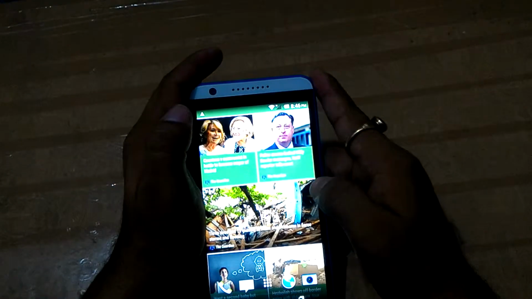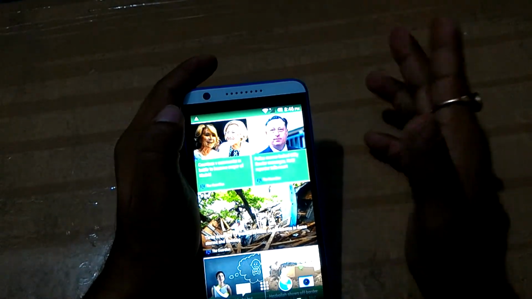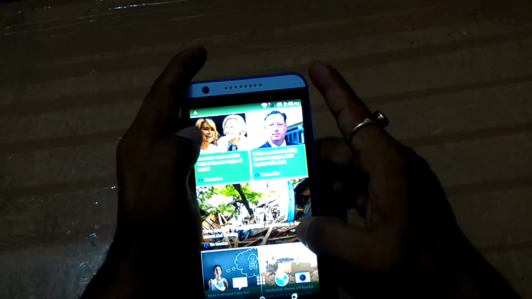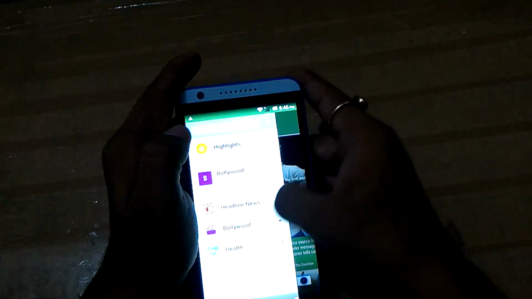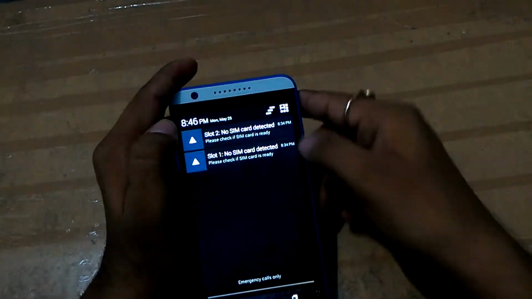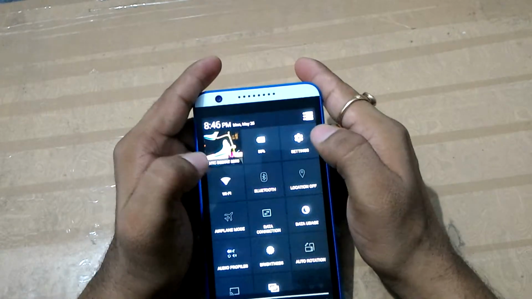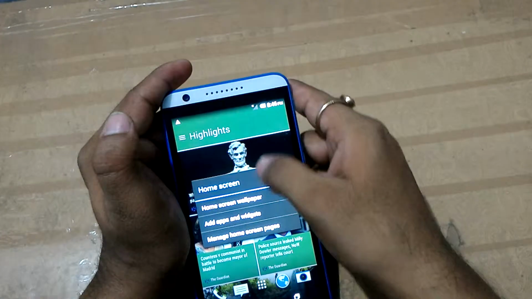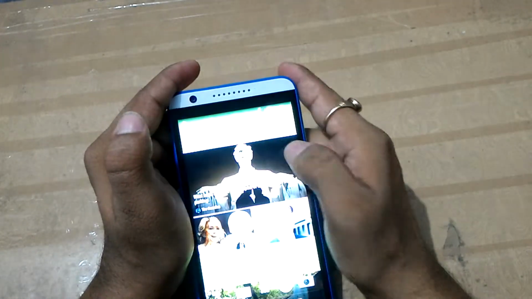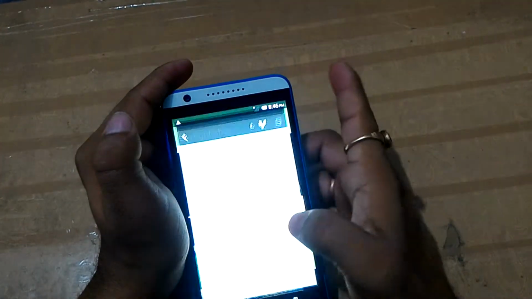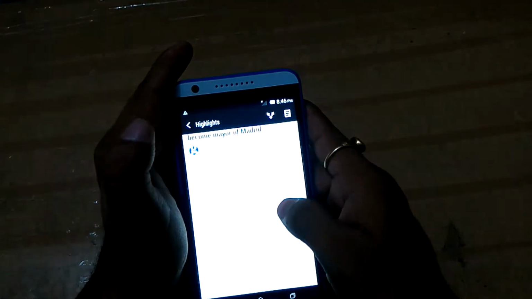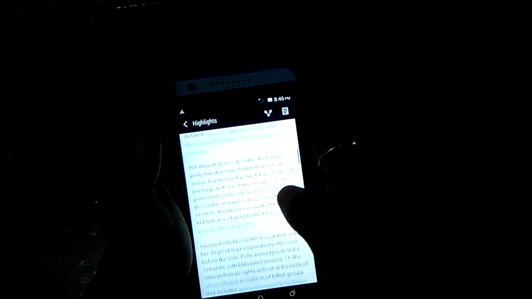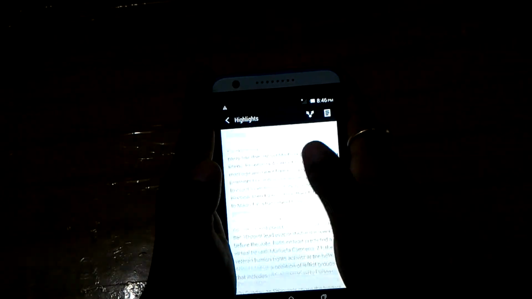You have no need to search any other news website through your internet, because each and everything is available in this feed. We have also one more thing, how we can read content offline. So we can also switch off Wi-Fi. Now we are just going to read it like this. We have switched off our Wi-Fi, and we can again read the article.